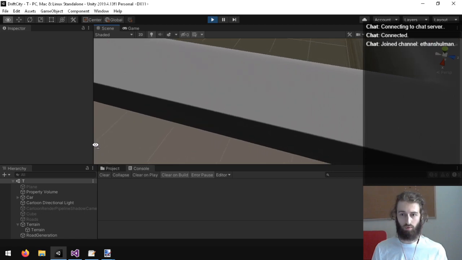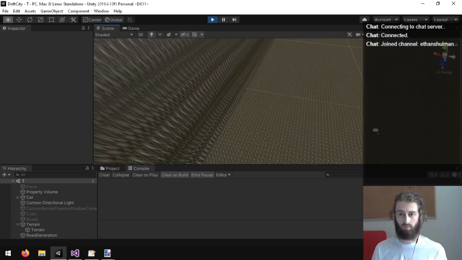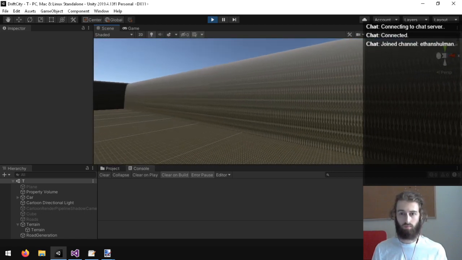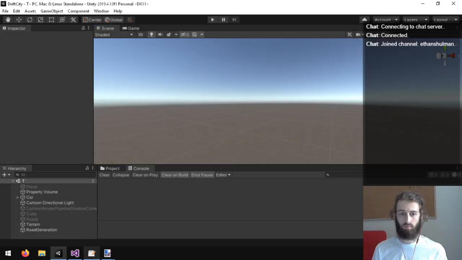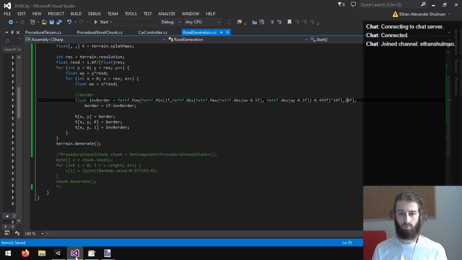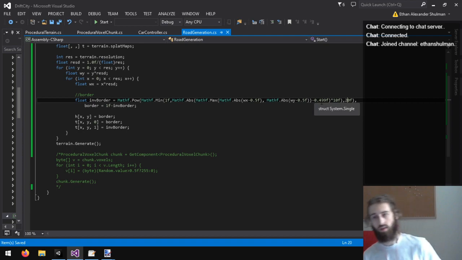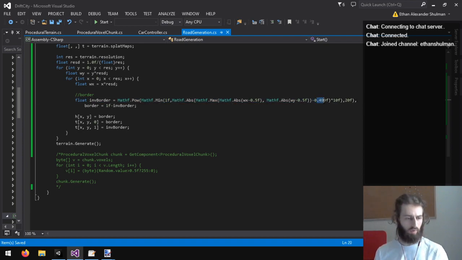Still too much of a border. Is this not changing what I think it is?